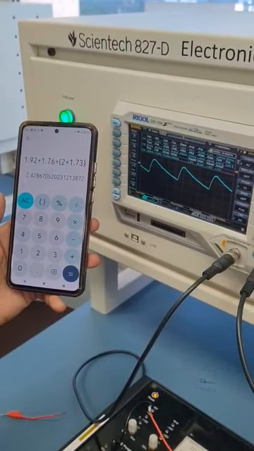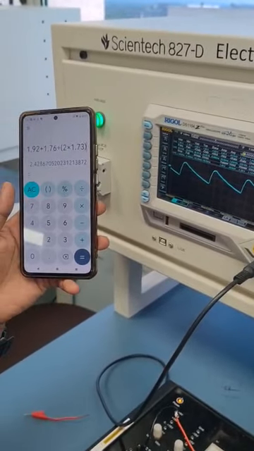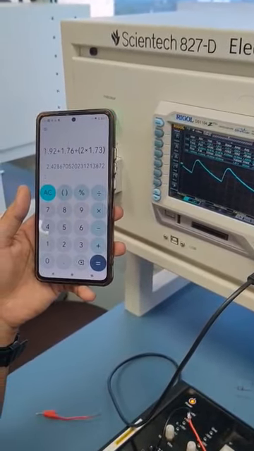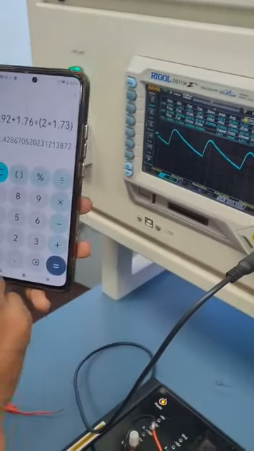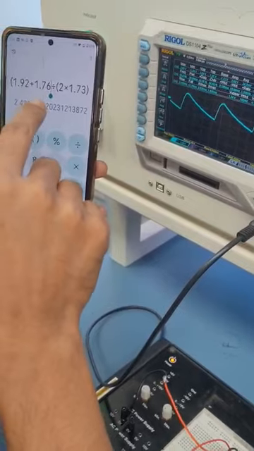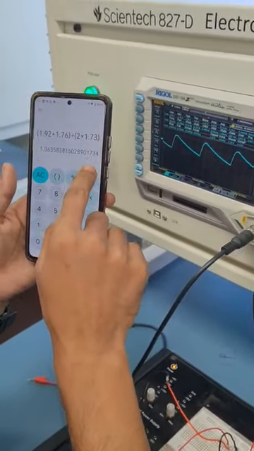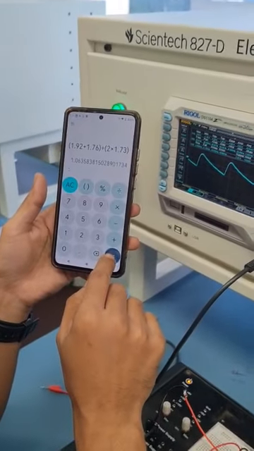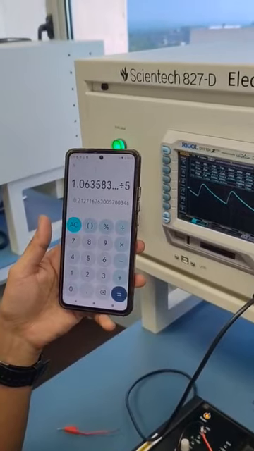कितना आ रहा है? 2.42. अलग आ रहा है क्या? सर पहले ऐड करके फिर डिवाइड करो. हाँ वो अलग हो रहा है. ऐड करो. पहले ऐड करके इक्वल करो. यहाँ पे भी ब्रैकेट लगाना पड़ेगा. हाँ सेम ही तो है ना. ओके. 1.06. ओके. So this is now coming to be correct. Equals to फिर डिवाइड करो. Divided by 5. So 0.21. So this is how you should be calculating the ripple factor.